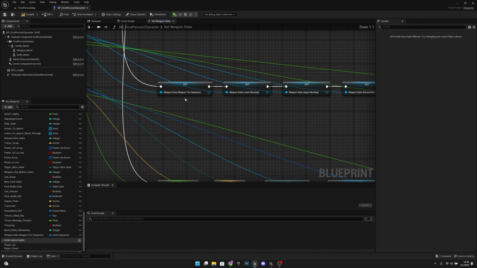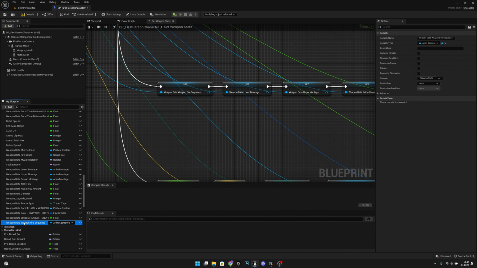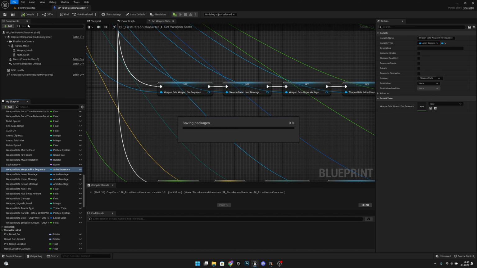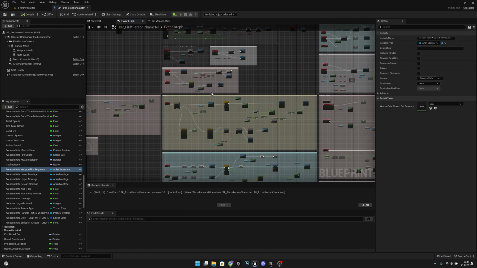So now we have set it to be a variable. Now let's click on it. Let's set it to weapon stats folder, and let's also move it over the lower montage like this. Compile. Let's save all. Let's go to the event graph, and I think we want to add the code where